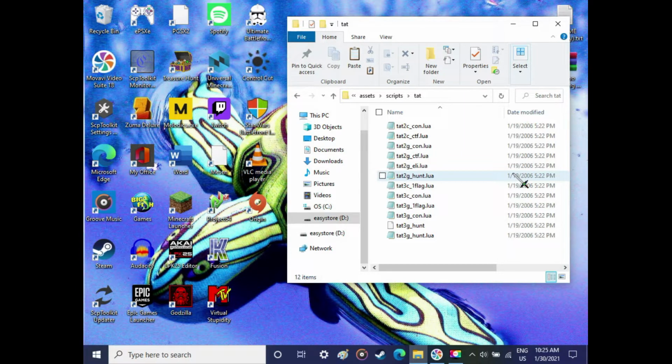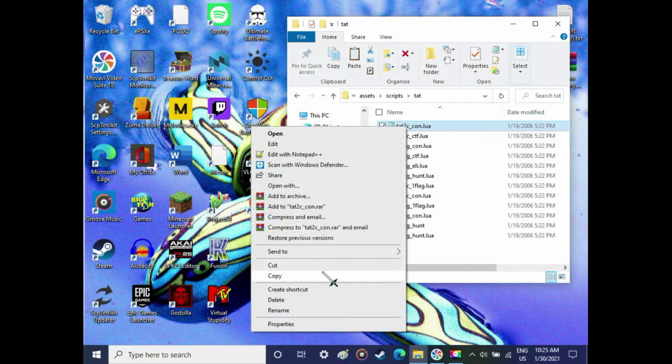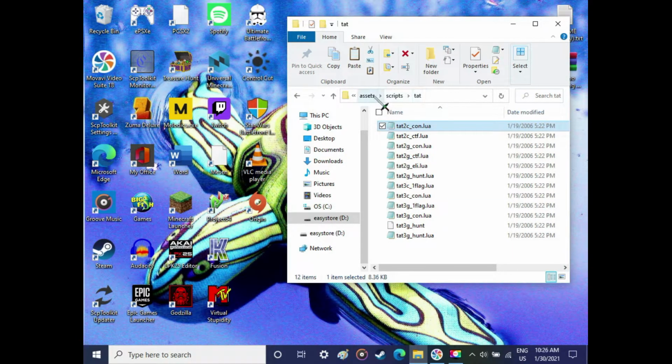I recommend using the one that's closest to what you're doing, but since mine is a cross era, it doesn't matter. So I'm just going to use the Clone Wars. So what you do, TAT2C_con is the mission script for the Clone Wars Conquest for Mos Eisley. I also recommend you open this with Notepad like I did. So you would copy this script. Then you go back to your